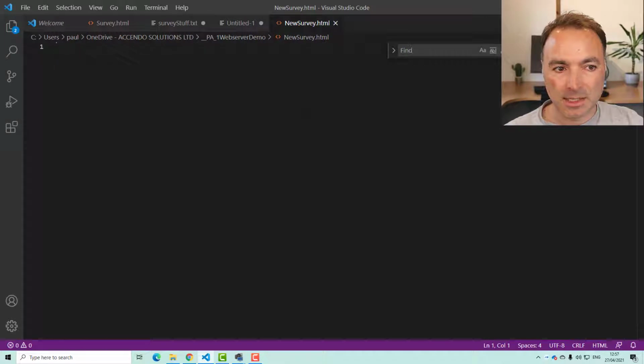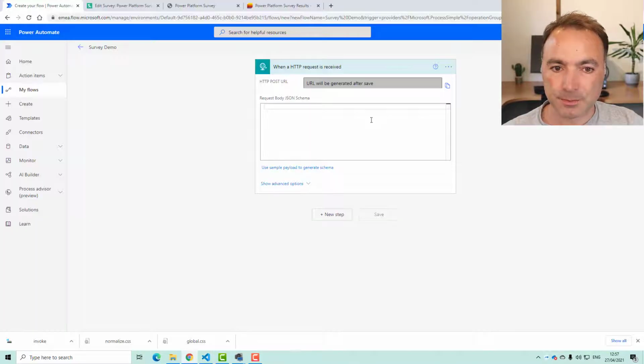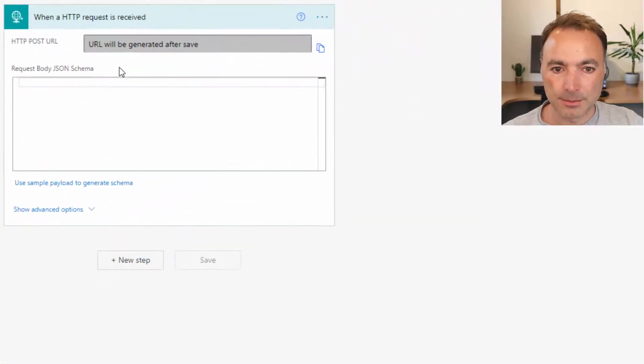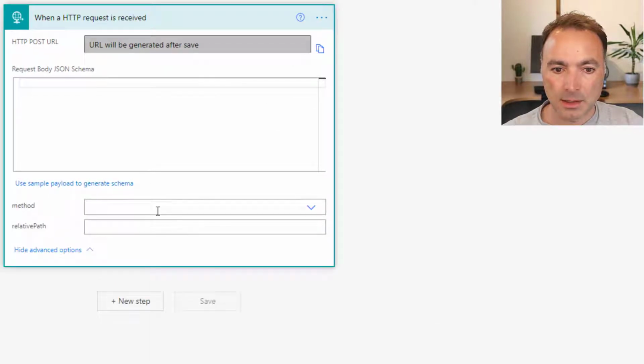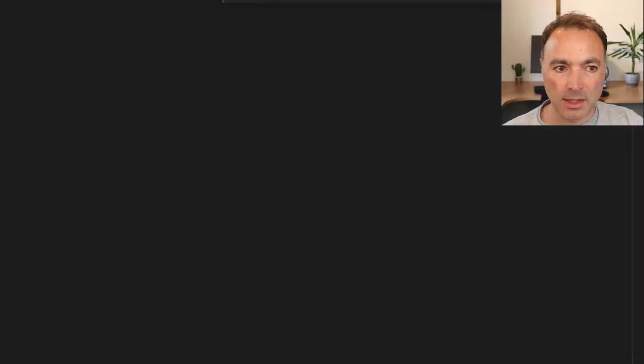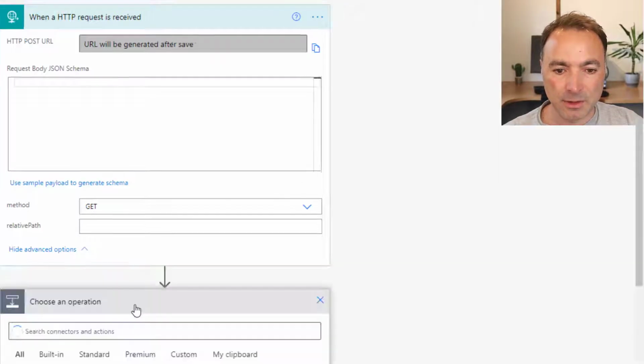I'm going to use this HTML file in Visual Studio Code as my editor. So the only thing I'm going to change in here is change this to a get. And then I've got my blank HTML file here.